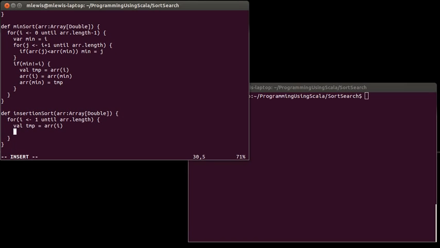Now, the next thing I need is another loop, but I'm not going to use a for loop. The reason is that this particular loop needs to stop possibly shy of 0. If I were to write a for loop, I could have one that goes from i down to 0, but then it would always go to 0. And the advantage of the insertion sort is I don't always have to go that far. So instead,